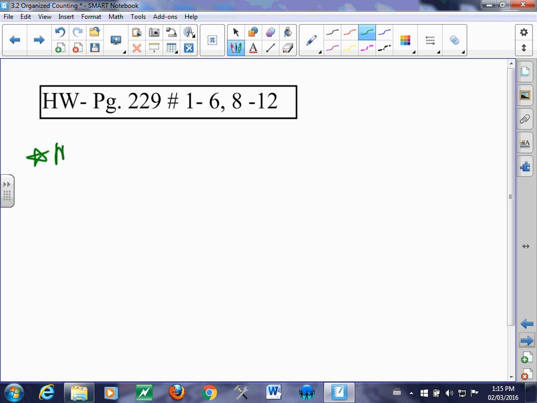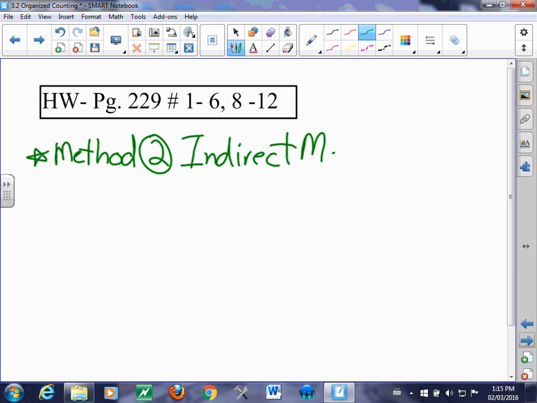Okay, so method 2, indirect method. And usually it's the opposite strategy. So instead of calculating exactly what they were looking for, we're going to do the opposite. Okay? So for example, what is the opposite of getting at least 1 wrong? Meaning what? The opposite of that means that they get what? All 3 correct. Okay? So this indirect method, it's going to seem shorter because we did a lot of the work, but the number of ways